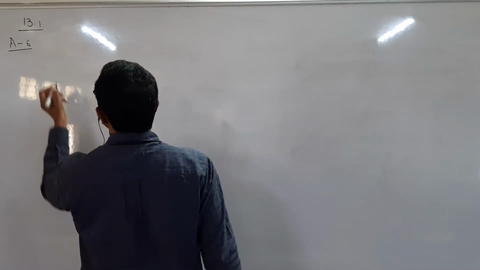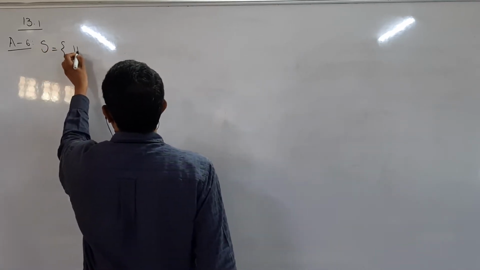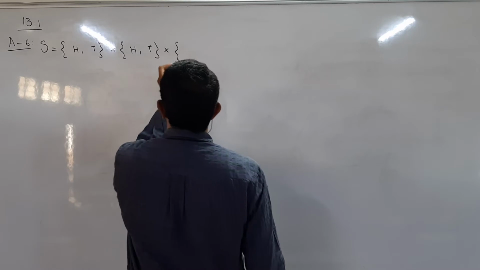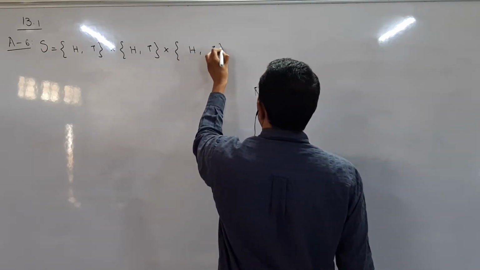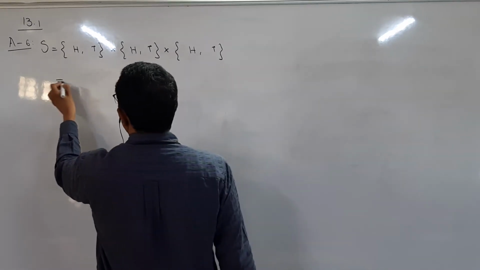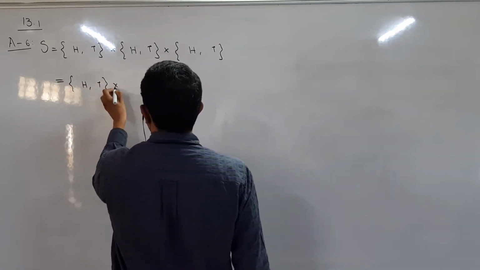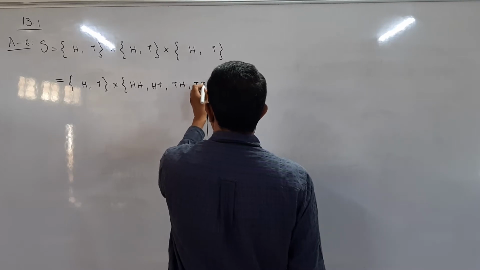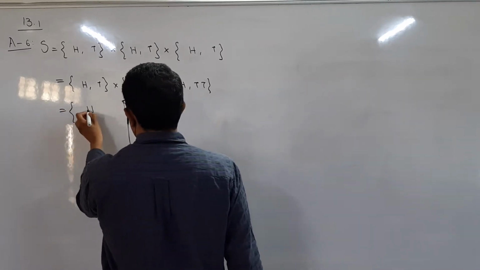found out, students. A coin is tossed 3 times and we are given 3 pairs of events E and F, and a common instruction for questions 6 to 9: find the conditional probability of E given F. Now students, the sample space of tossing a coin thrice is S = {H,T} × {H,T} × {H,T}, and this is equal to {H,T} × {HH, HT, TH and TT}. Again this is multiplied and written as HHH,